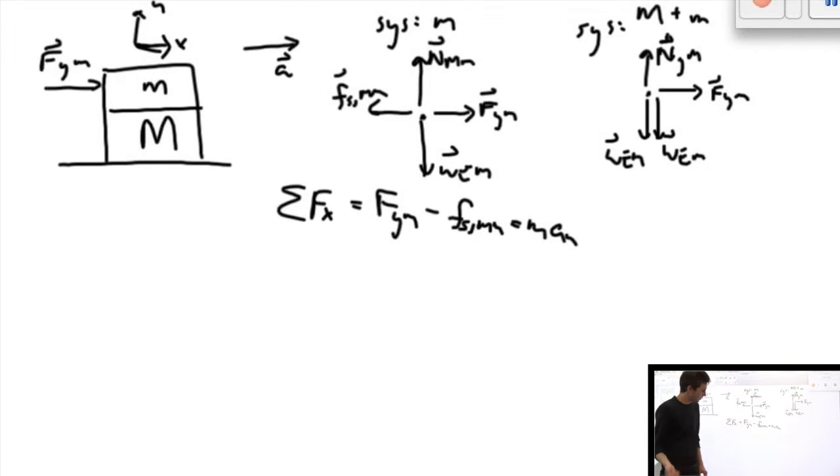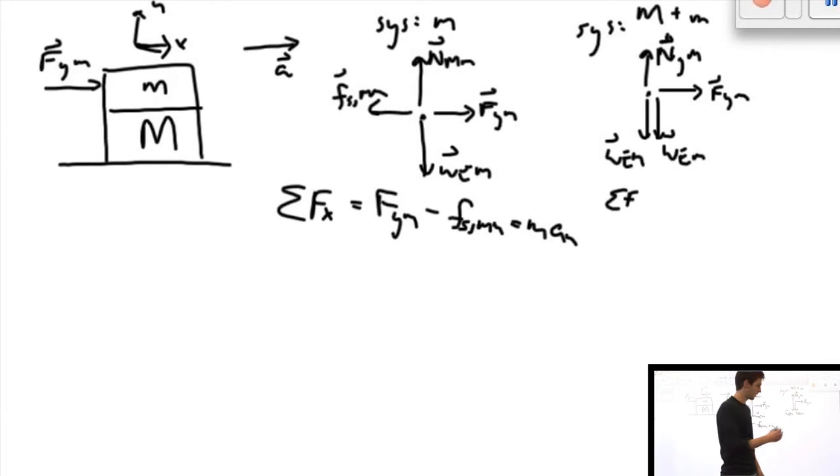So the other problem is we don't know what A is. And so we know this F, but we don't know A. And we're looking for this little f right here. So one really smart thing that we can do is consider the system of both the big block and the small block, because in that case, the friction forces cancel, and we can find stuff in terms of stuff that we know. So if we sum the forces in the x direction on this system,